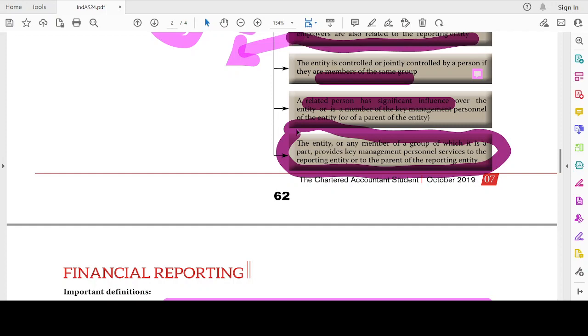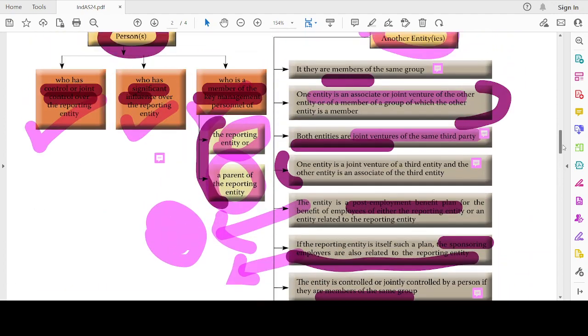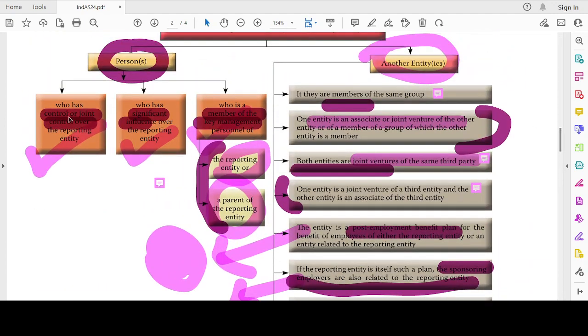Okay, then that will be known as related party. Now, let's move on to the important definitions. Before that, we'll revise this once. A person who has joint control or control over the reporting entity, who has a significant influence over